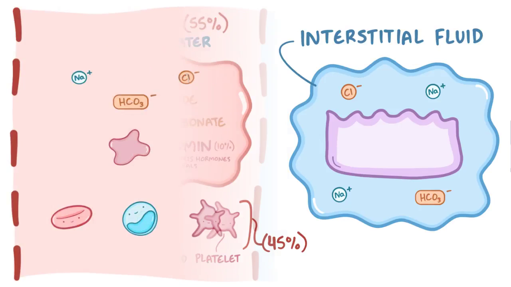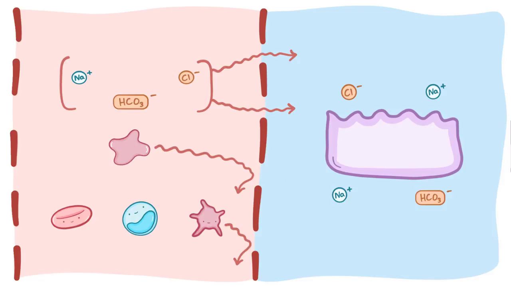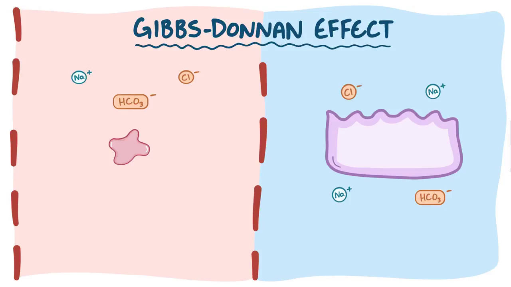Interstitial fluid and plasma are really similar, and that's not surprising since plasma leaks out of the blood and goes into the interstitium through tiny pores between endothelial cells in the capillaries. These tiny pores let small solutes and water pass through but block large proteins. In fact, because some proteins are too large to pass into the interstitium, a phenomenon called the Gibbs-Donnan effect helps the plasma remain electrically neutral.